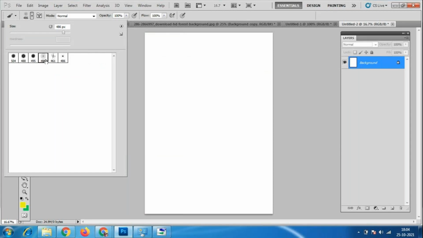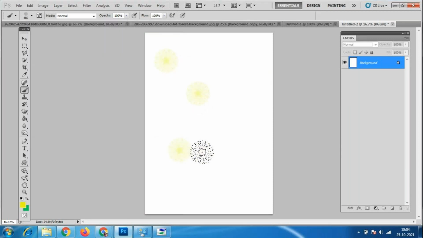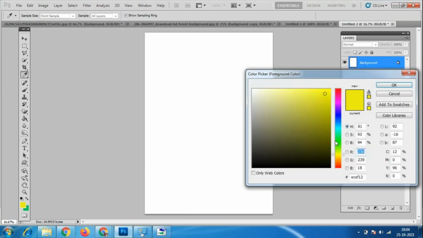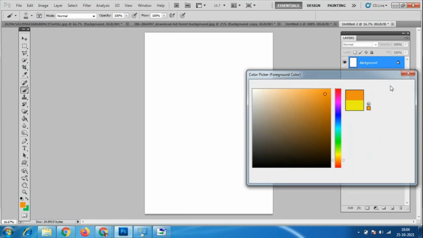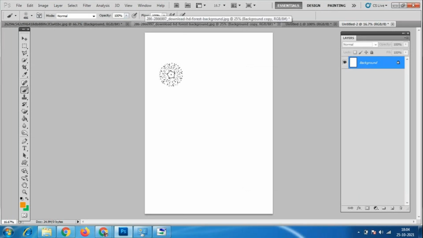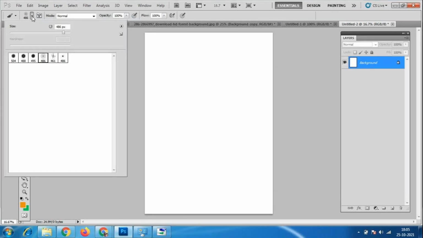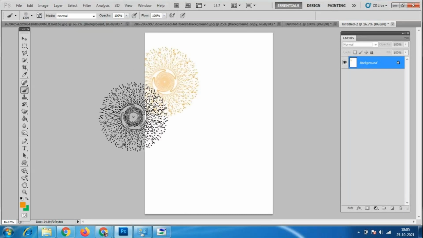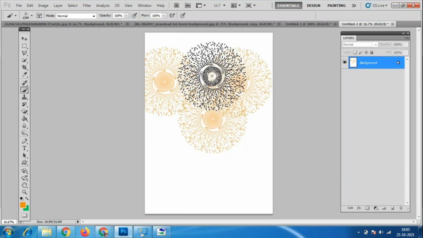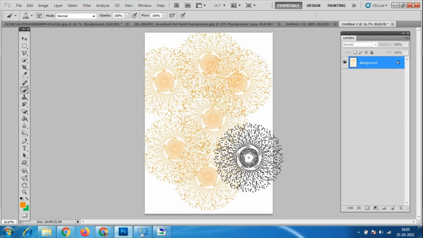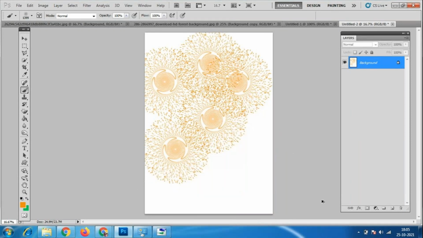Using this, we'll have some options like this. We can take a brighter color in this, however bright you want to take it. We can increase the brush size. It is 100%. Look at the brushes like this. We can take it with a different background.